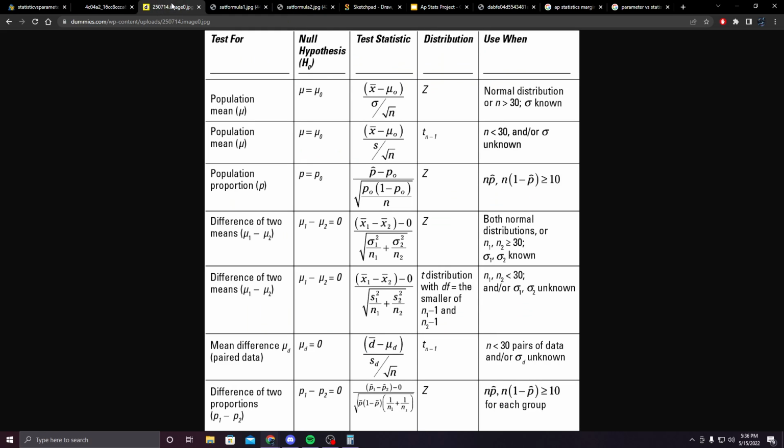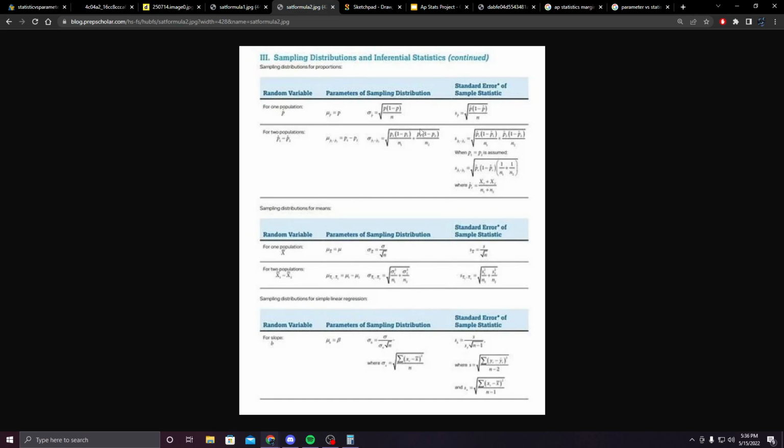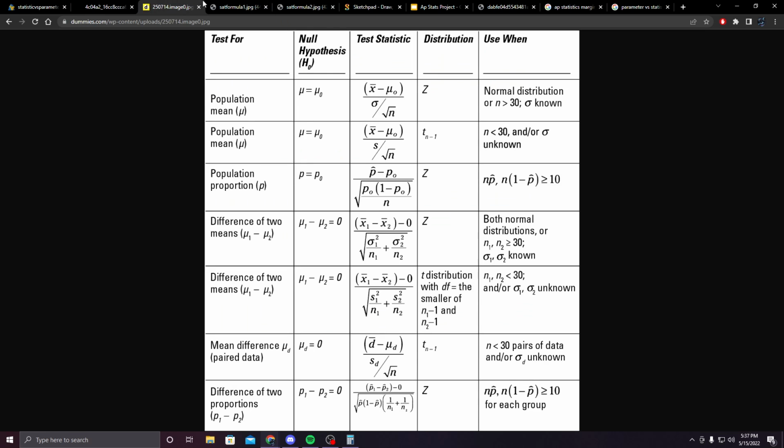When you're using 2 samples, when you're using 2 different things, you always subtract, and you're usually subtracting the difference between 2 means. And you can use this sheet. So if you're using 2 populations, or if you're doing a Z-test, this is how you would do it. So this gives you the standard error, this gives you the parameters, this gives you the standard error, this gives you the parameters. That's how you do it for 2 populations. Same way, and that covers 2 out of the 3 main